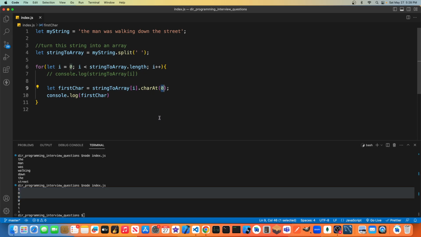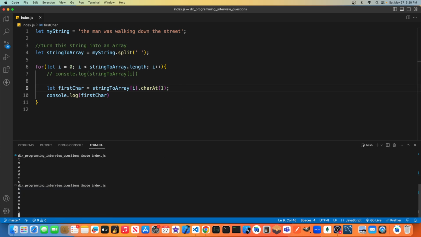And just remember, I did say if we wanted the second letter, we can go with the second index, which would be 1. So we can log that out as well. Okay, and now we have the second letter. But we don't want the second letter. The problem is to capitalize the first letter of each individual word in the array. So now that we have the first character,